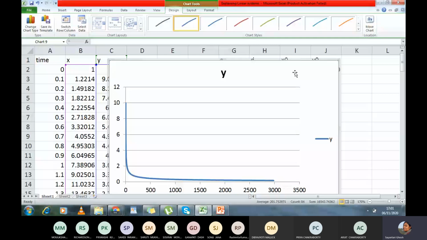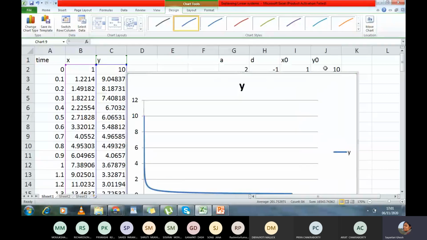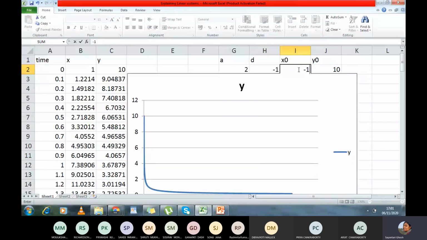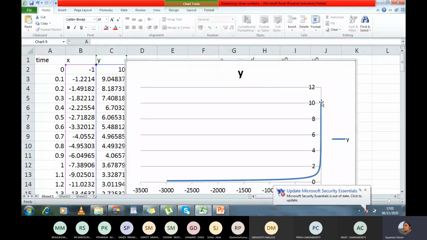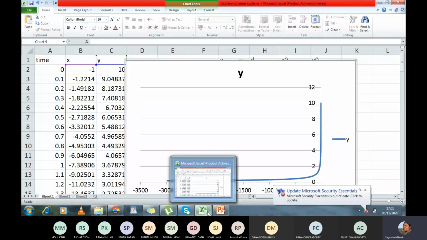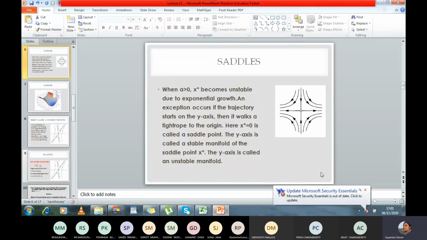Okay? So this way, you can create these curves for different values of x0 and y0. You can create these curves which will be looking like this. When you start from a value and you try to go towards the origin, the y tries to go towards the origin, but the x pulls it off and pulls it away towards infinity. So these curves that we drew are basically telling you something really interesting,